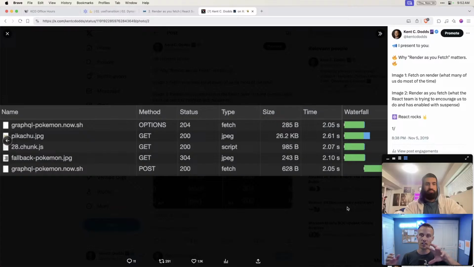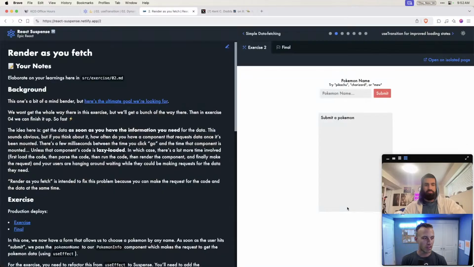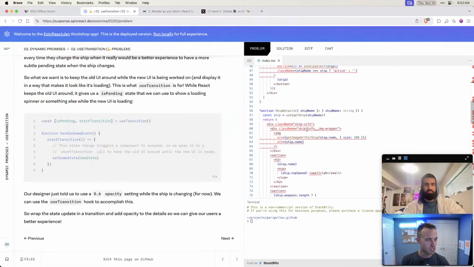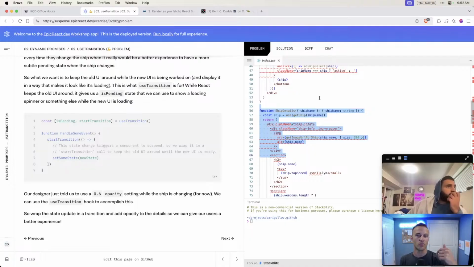And Remix has taken the loader away from the component. So now Remix can call the loader without bothering rendering the component. What we have now is the ship details is the thing that is triggering get ship. This is okay, it's fine, we're not code splitting anything, so it's going to be just as fast. But if we were to code split ship details, then we'd have to go and fetch ship details code, and then once that's done, we can go and perform this fetch.